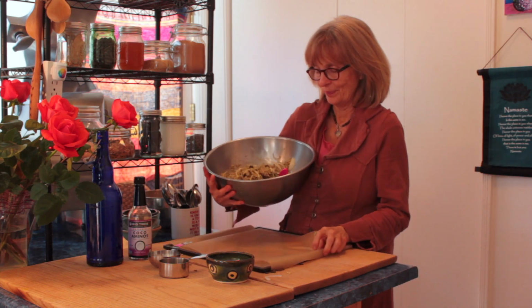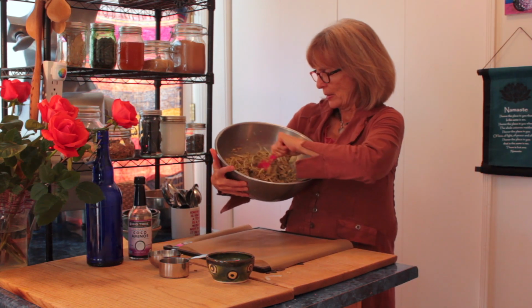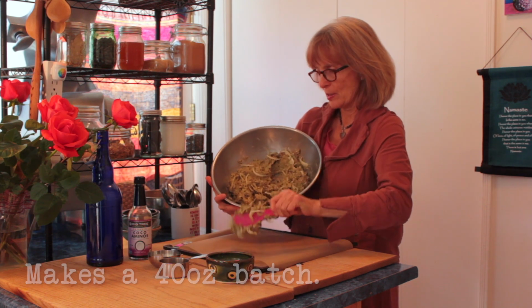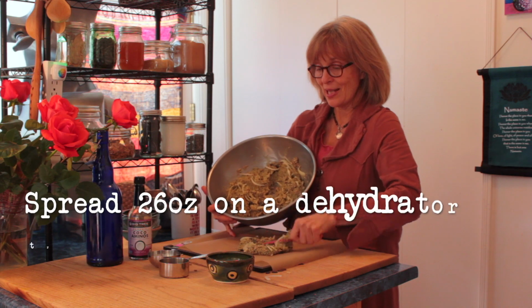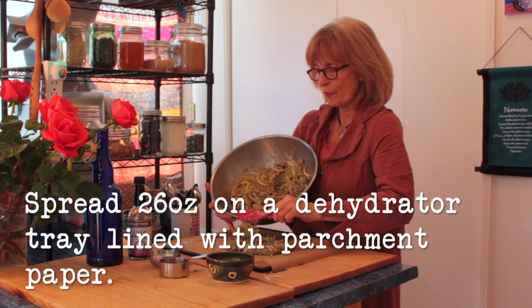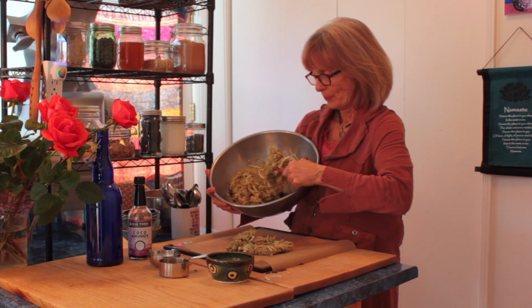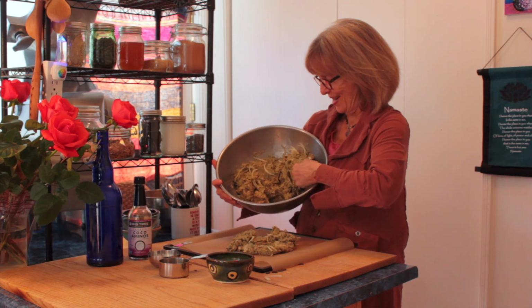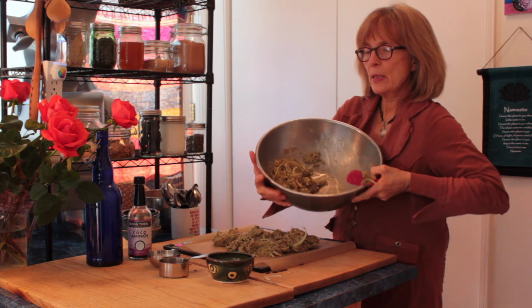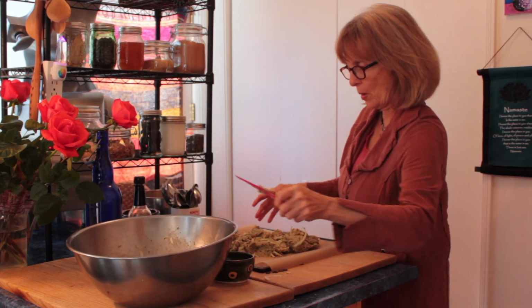Okay, now this makes about 40 ounces, and I'm not going to measure this, but I put 26 ounces on one tray. So I have a little left over for that second tray. I'm just going to eyeball this right now. Okay. And this is, depending on how thin or thick you want this,